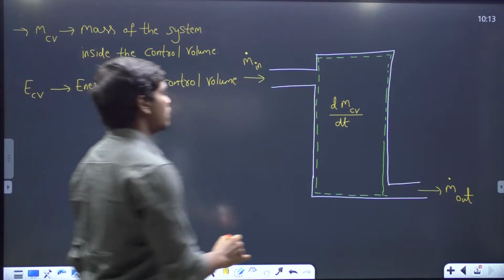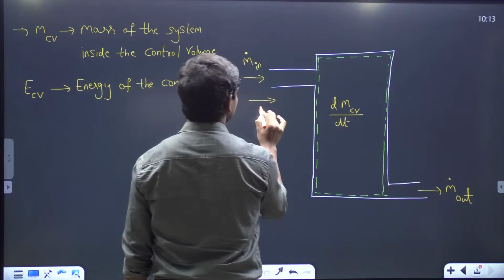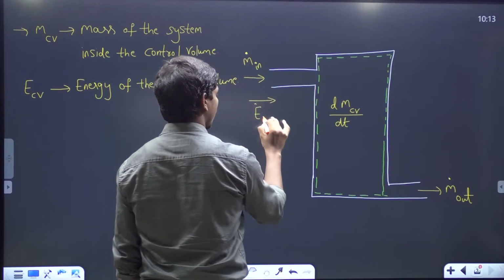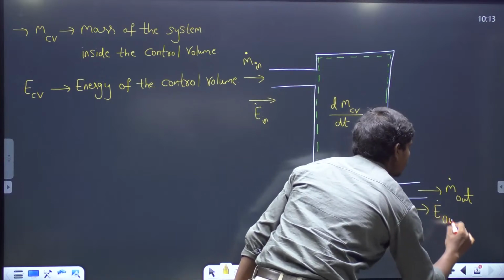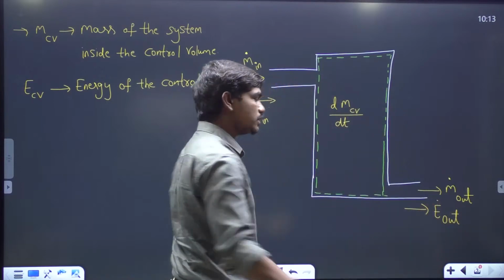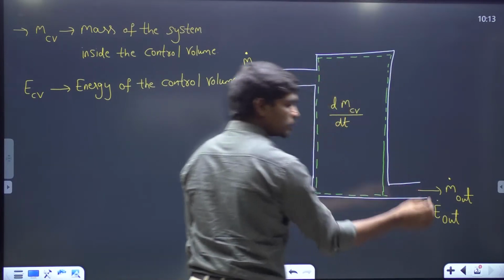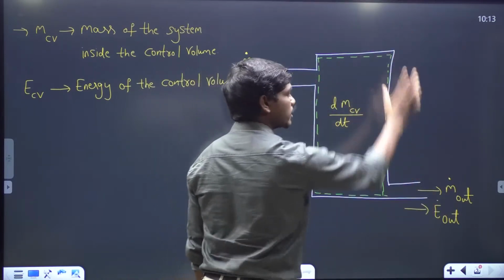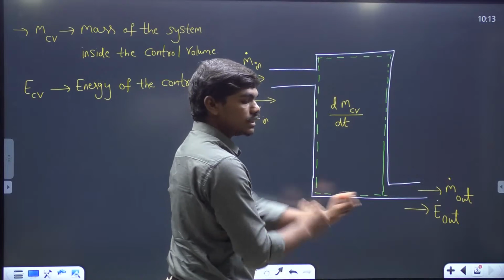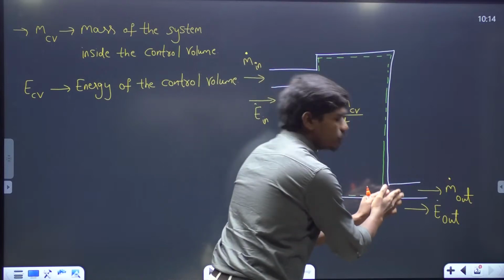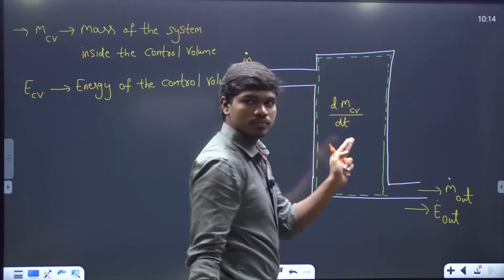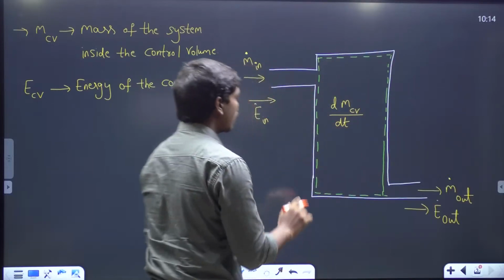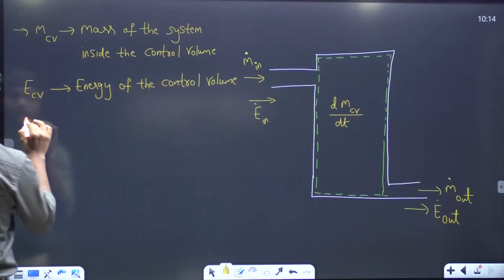Okay, so let us suppose some energy is also going in, E dot in, and some energy is also coming out, E dot out. Of course, there is no compulsion that this energy should come out only through this. There can be some heat loss from this system, and some heat can go out midway. The energy leaving the system need not wait till this moment. As soon as it starts coming in at any point in the system, the energy can go out. Okay, so now if you write conservation equations,